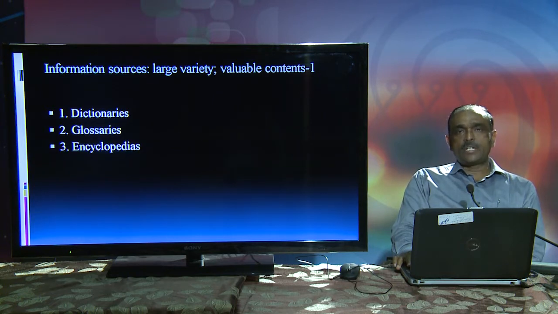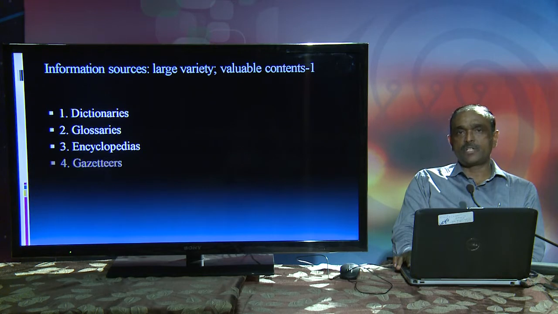In addition to that, you have got encyclopedias which provide detailed articles on the topic of your research. Encyclopedic articles are very useful at the beginning of your research so as to know the width and depth of your topic, the highways and byways of your topic. Encyclopedias, apart from providing the history, the current status, the statistics, the institutions, the personalities related with your subject, they also provide extensive list of bibliographical references which you can use for your further research.